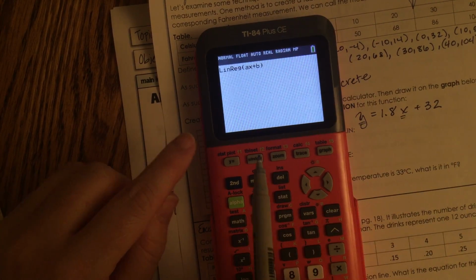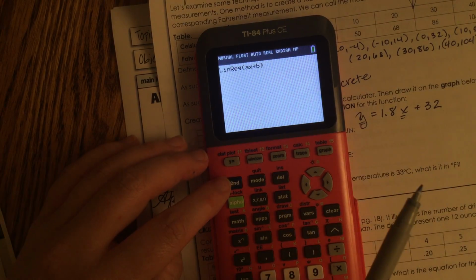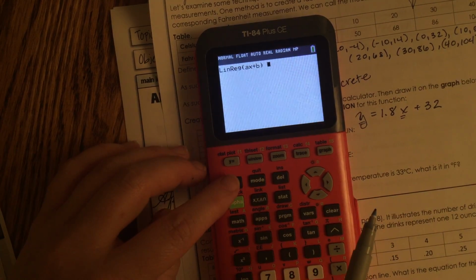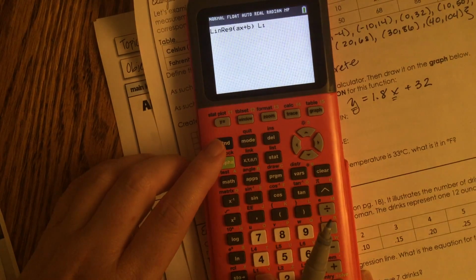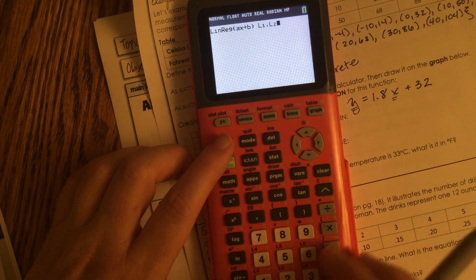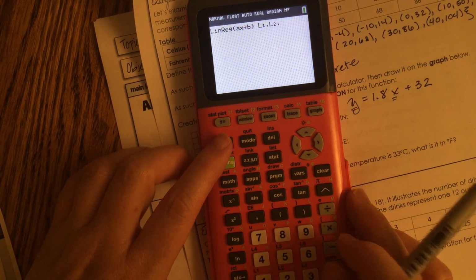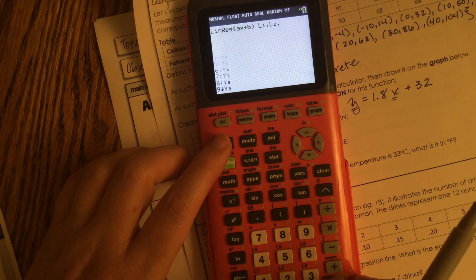The way you can then make sure that you get the equation is you have to tell it to draw from L1, so that's second 1 for L1, then you have to put a comma, then second 2 for L2,